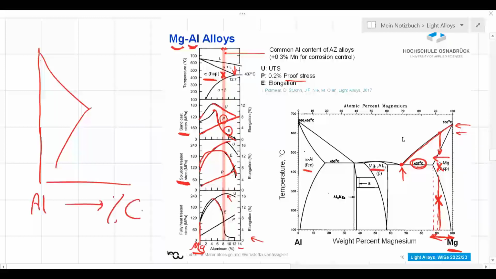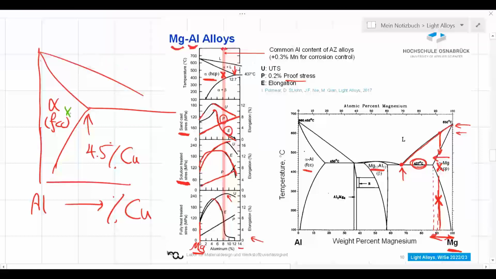Aluminum copper system. We were saying that up to something like 4.5% of copper could be dissolved, and we are in the alpha FCC range. Right? We could do a heat treatment in the single phase alpha region, solution heat treatment, then rapid quenching. By rapid quenching, we avoid the formation of theta phase, because here is the range of alpha plus theta, and theta is CuAl2 intermetallic. If we quench fast, we don't get these theta phases, intermetallics, and then we could do